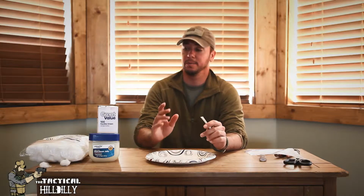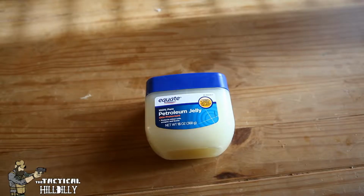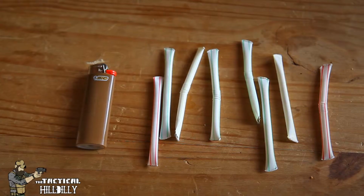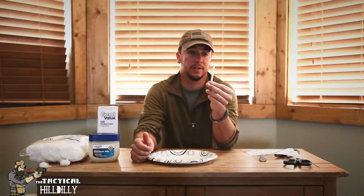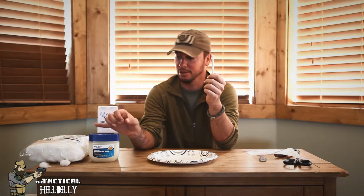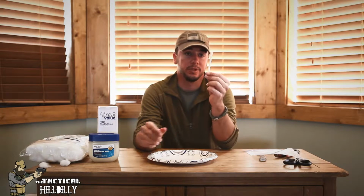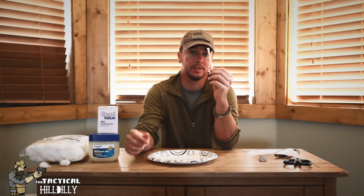Today what we're going to be doing is taking three pretty common household items, cotton balls, petroleum jelly, and what I like to use, straws, to create this. This is basically a sealed waterproof container with a fire starter aid inside of it. That fire starter aid is basically the cotton balls, or a mixture of the cotton balls and the petroleum jelly. Then I push them into a straw, melt both ends, and completely seal it, making it completely waterproof and extremely